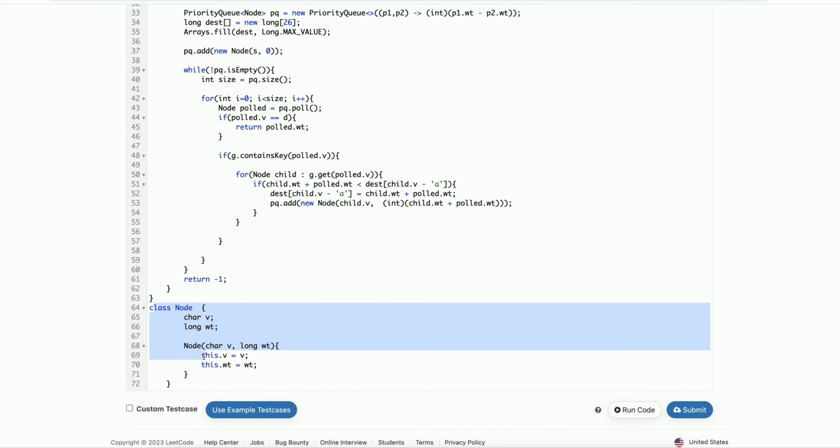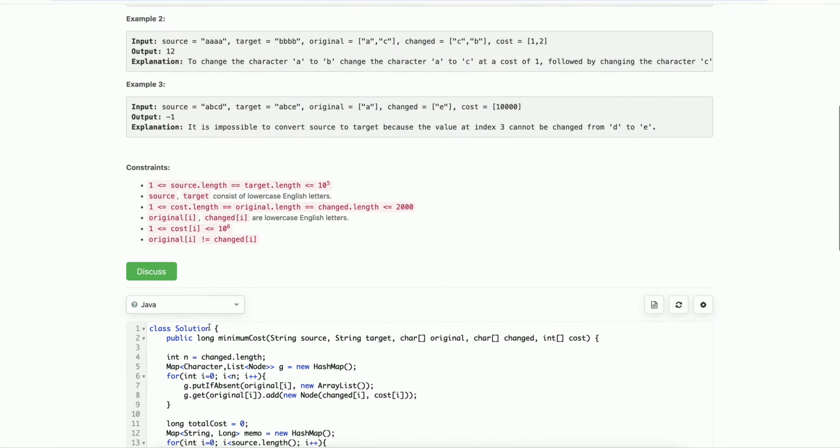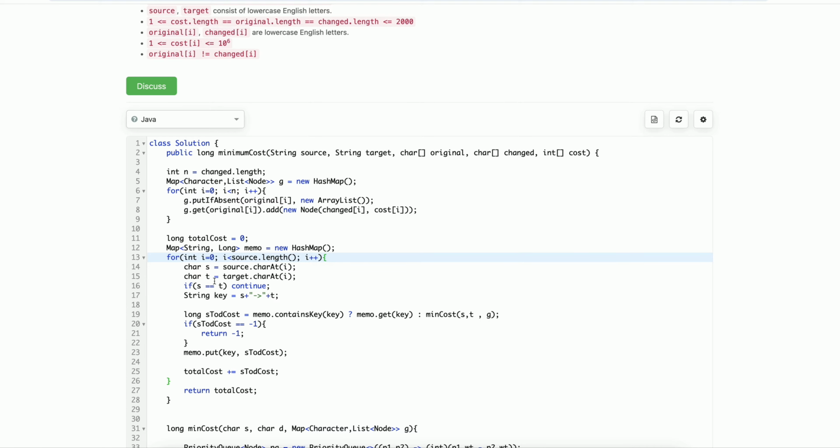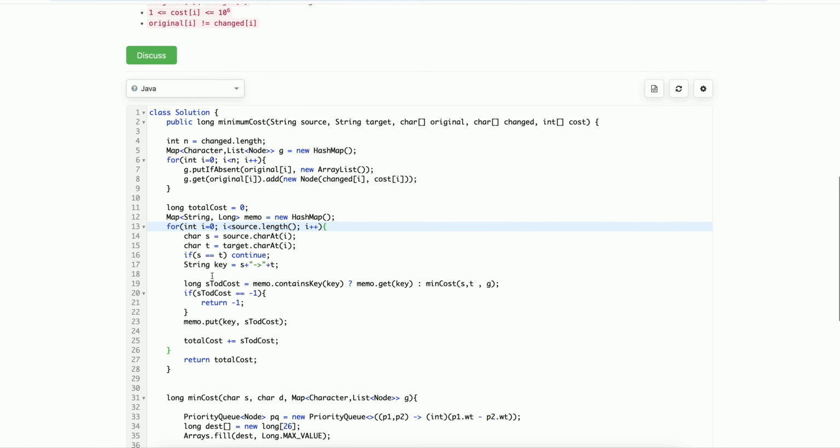It has another character B and the associated weight WT. Here I am creating the graph by using these three arrays: original, changed and cost. We will discuss what we need to do, what will be the minimum cost to change one character to another character.